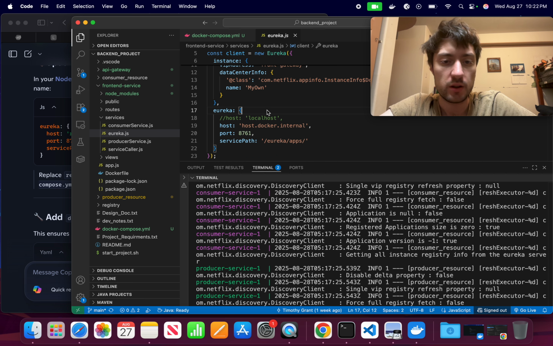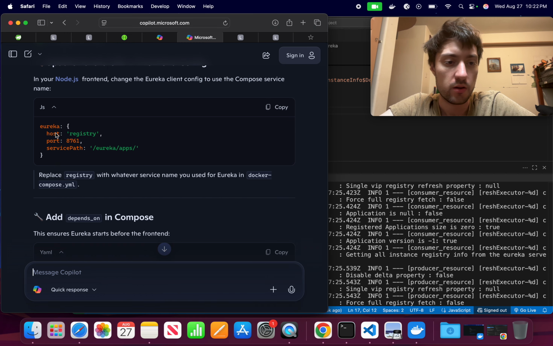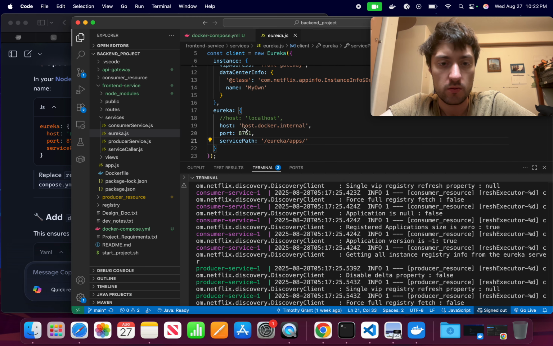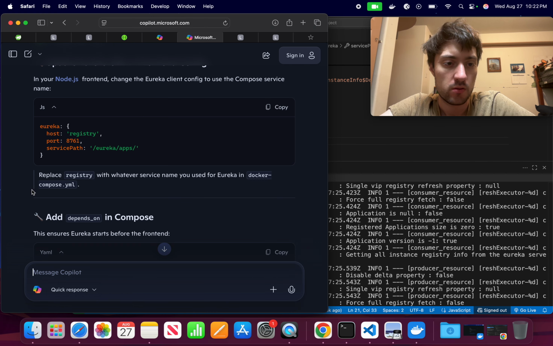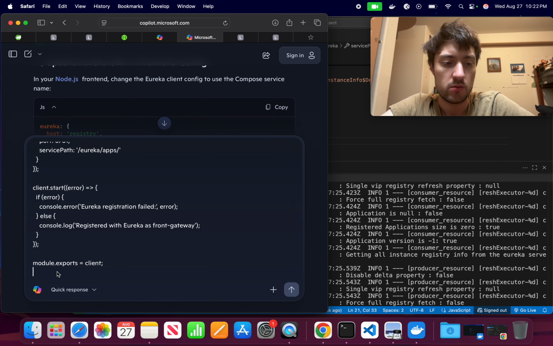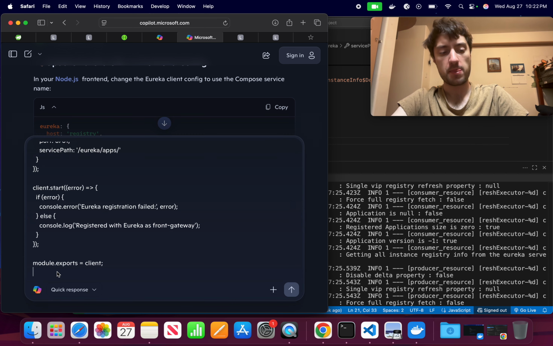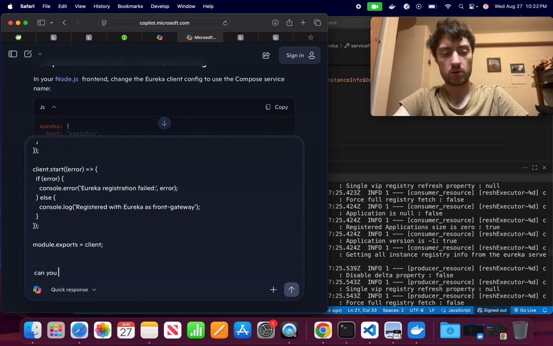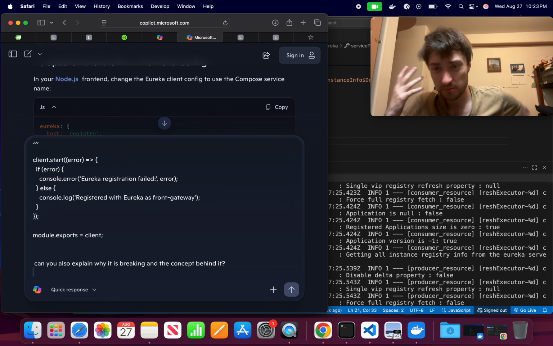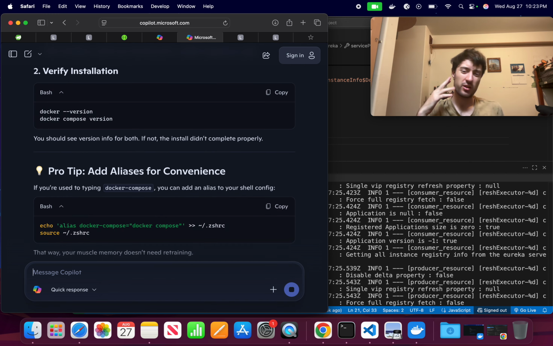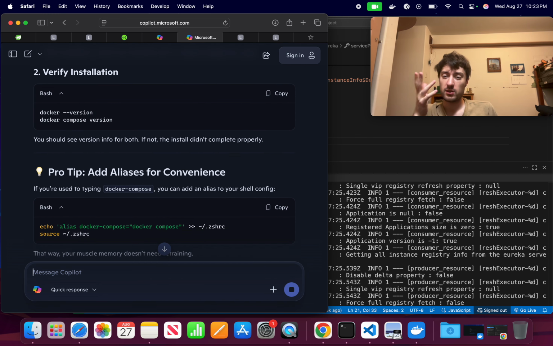So we have this Eureka here, host port service path. Can you also explain why it is breaking and the concept behind it? I don't know how much I'm actually absorbing in terms of concepts right now, but